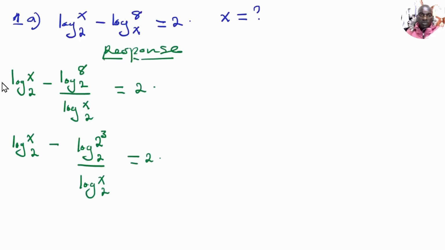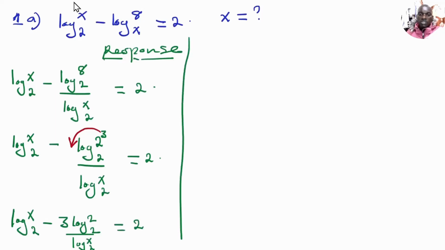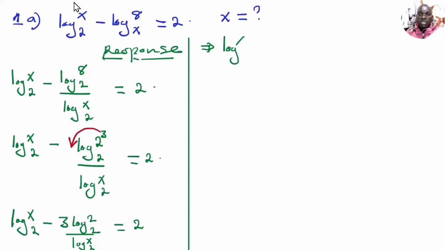Now from here we can see that by the rules of logarithm, this power 3 is going to drop, so that we remain with the log of x base 2 minus 3 log of 2 base 2 divided by the log of x base 2. This is equal to 2. So we can proceed. Remember, the log of 2 base 2 is 1. That means you have the log of x base 2 minus 3 divided by log of x base 2